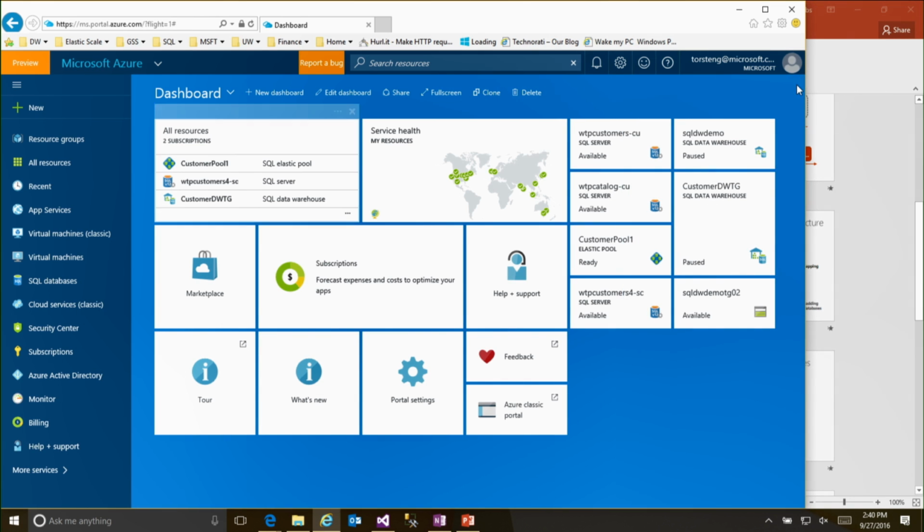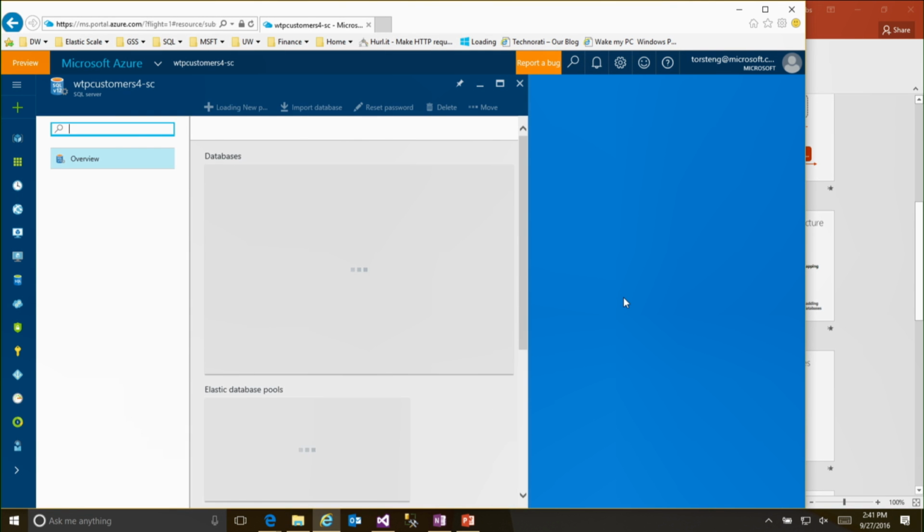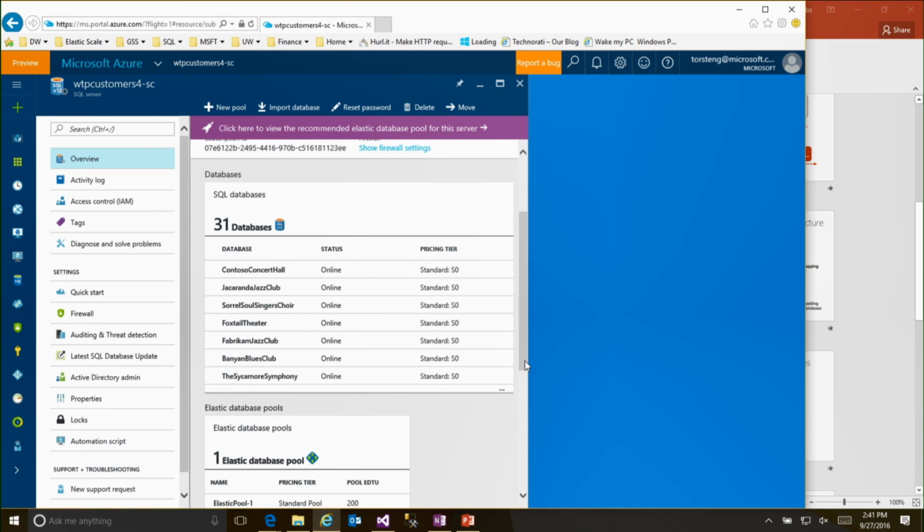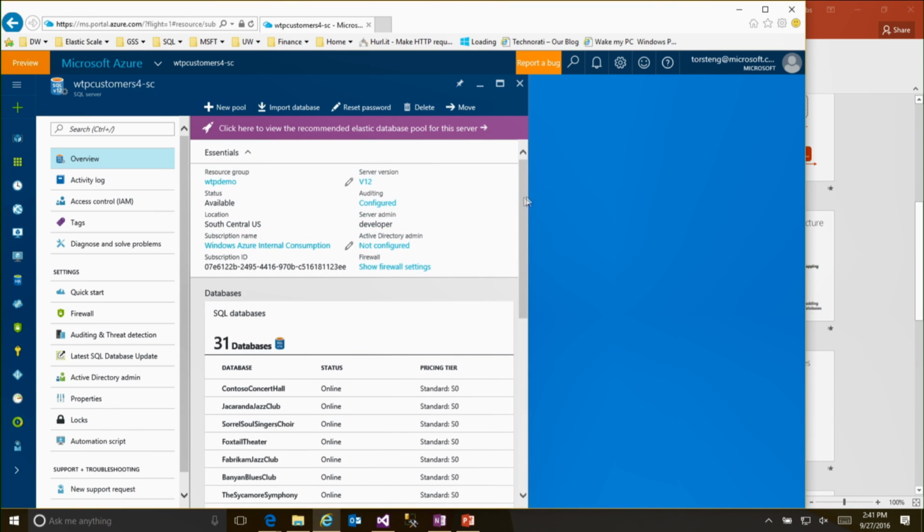But first, I want to show you, if you basically started from scratch, you had a logical server in SQL database with a number of databases. And here essentially is, again, a server like the one that we are using in the application, but I'm using standard singleton databases, as you can see if you look into the pricing tier here. Note the little purple ribbon at the top here, which is essentially our